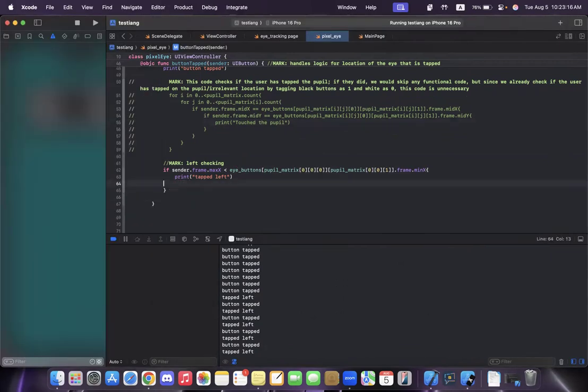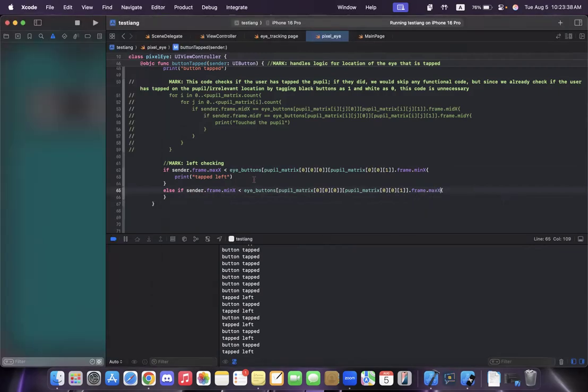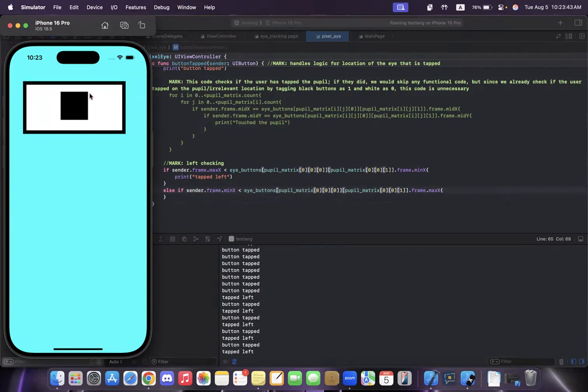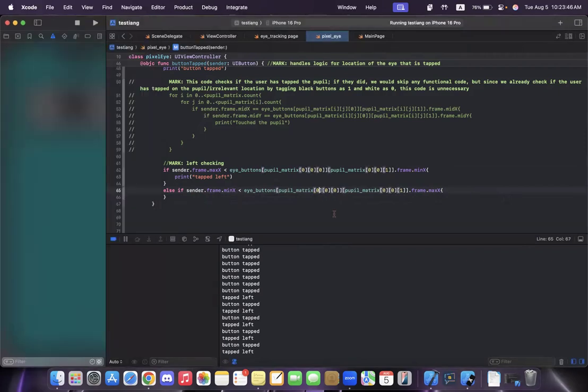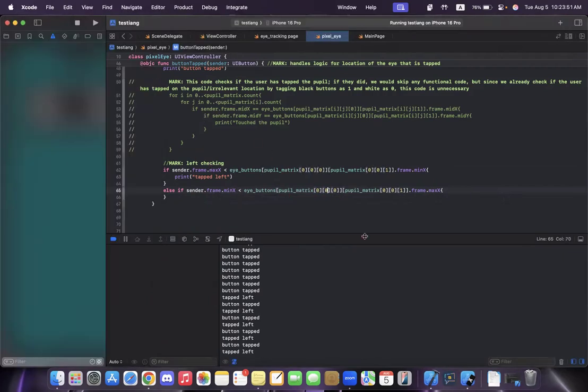We can either do a return or we can do else if. So let's do else if instead. So next, let's check the right side. So we'll make sure their minimum x is greater than the max x of the pupil. The only thing we have to change is the coordinates here. This time we can get the rightmost. So to do that, we can just start at row 0, but the column will do